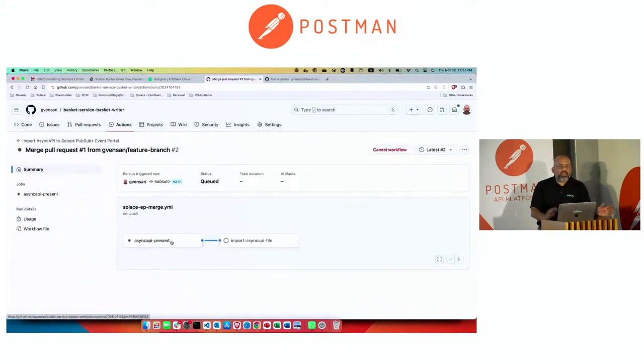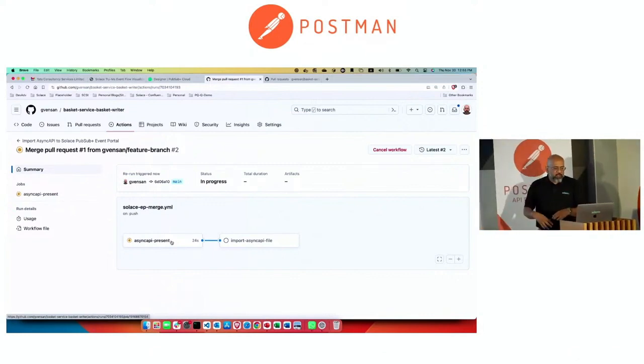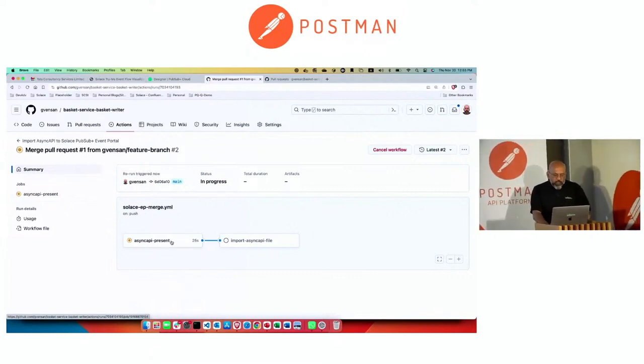So this is a standard Git process. There's no magic about us doing anything. Check out the code, do a diff if it's found. The only thing is we have written this EP importer. Basically from the AsyncAPI, parse it, identify the channels, which translate in our case to topics or events, and schemas, do the appropriate mapping and call our corresponding REST APIs, which I mentioned. Event Portal has a REST API interface. You can create and manage these objects, right? So that's precisely what's been done.